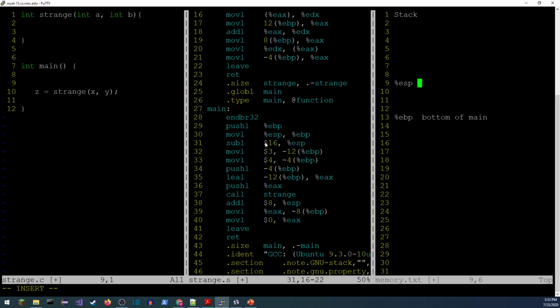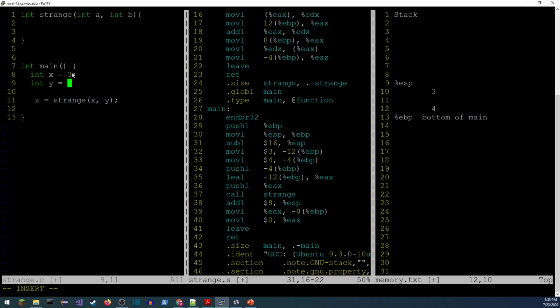All right, and once we've reserved that space, it looks like I'm moving some immediate values in. So let's see what we've got here. 3 gets pushed 12 bytes in front of the base pointer. So there's 4 in front, 8 in front, 12 in front. Right there, we're going to store the number 3. And then it looks like we're storing the number 4 bytes in front of that. So we've got a 3 and a 4. And I'm going to guess they're integers. Int x equals 3.